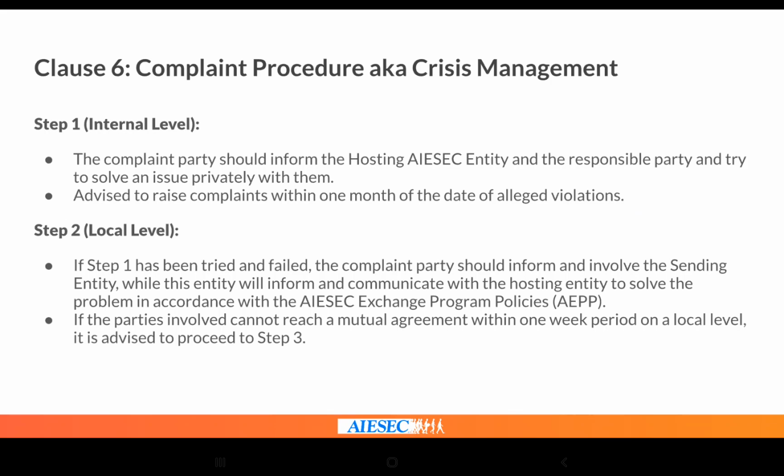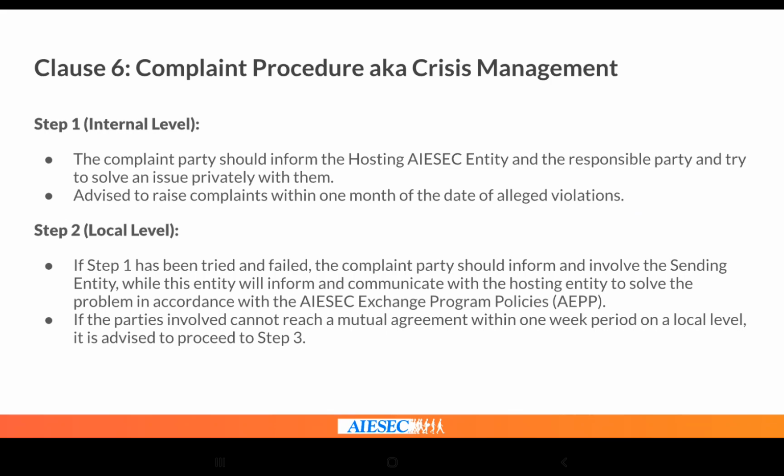If they are not aware, make sure you let them be aware of what agreement they are signing, not just simply sign. And why I say it's crisis management is because of how we can manage a crisis when a complaint happens. As an EP, not just facilitate experience, you expect complaints and you expect crises, so you need to manage them as well.